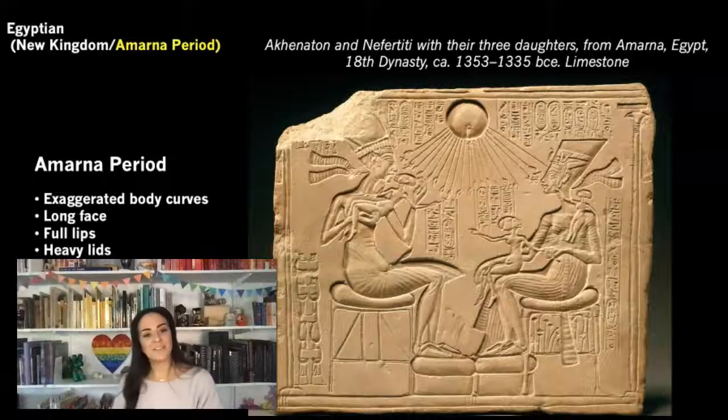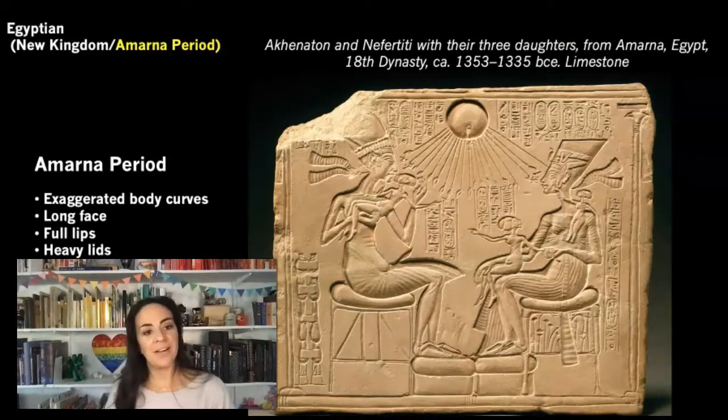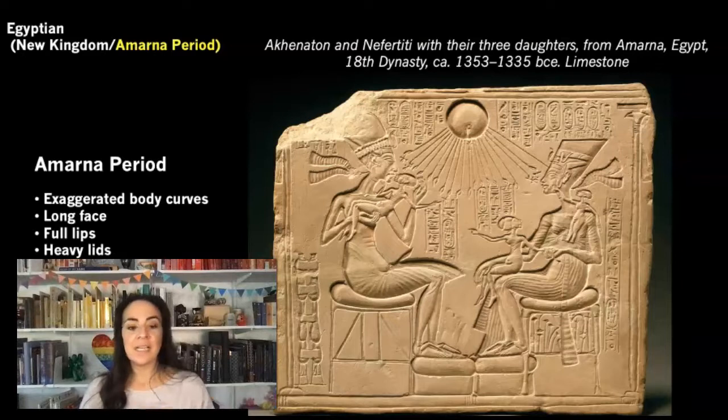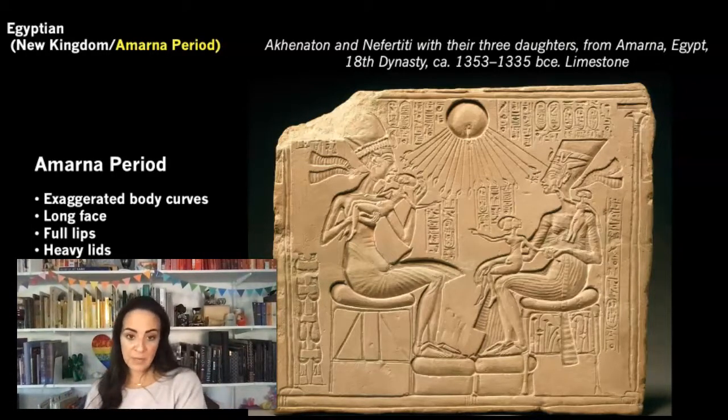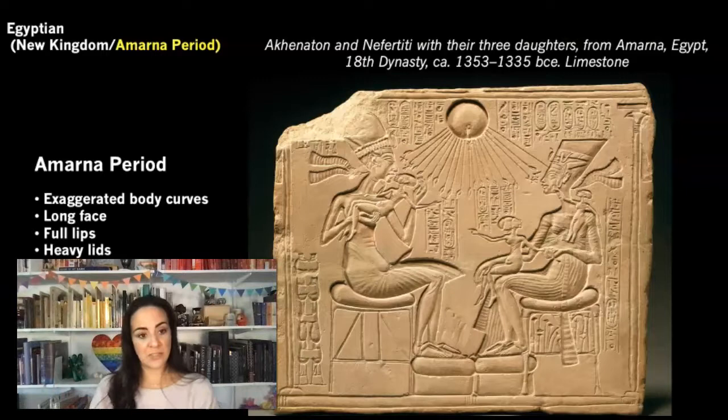Our next artwork from the Amarna period of the New Kingdom in Egypt is this relief, and it's titled Akhenaton and Nefertiti with their 3 daughters. So it's a family portrait, a royal family portrait of Akhenaton with his major wife and their 3 daughters. It has the characteristics of the Amarna period, which is the exaggerated body curves, the long faces, the full lips,